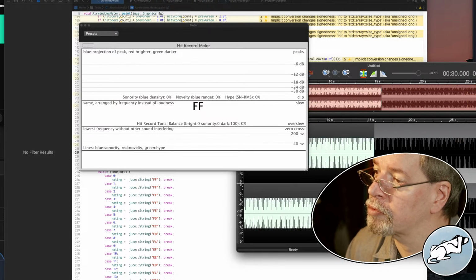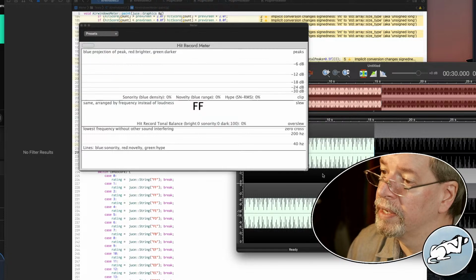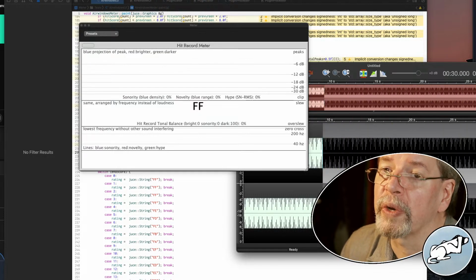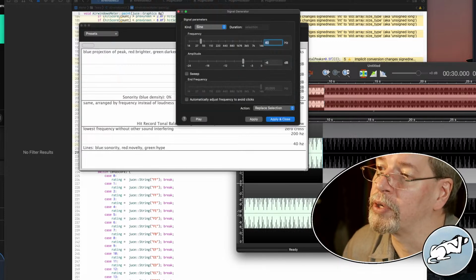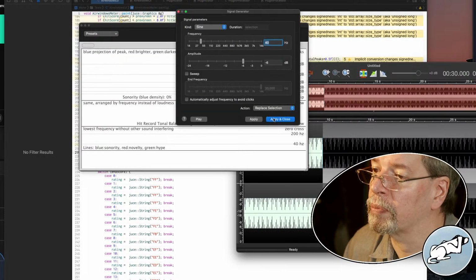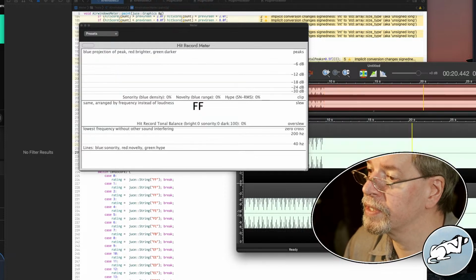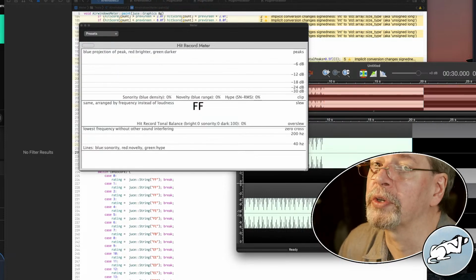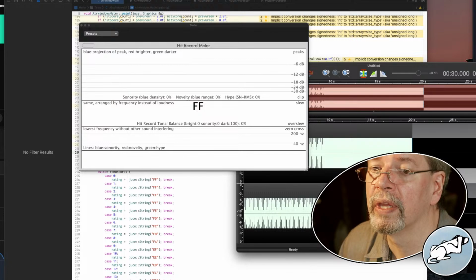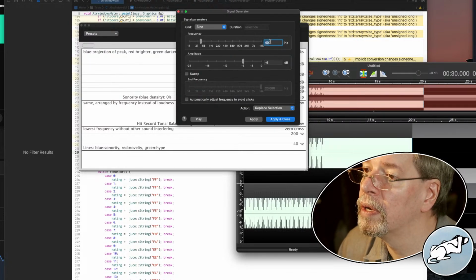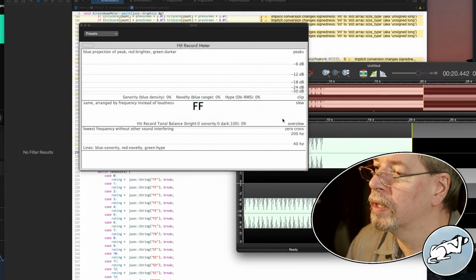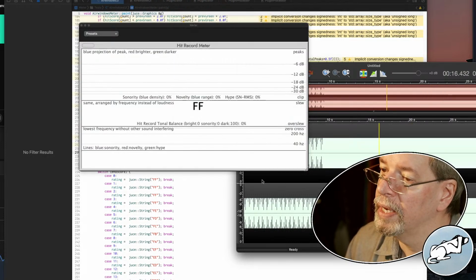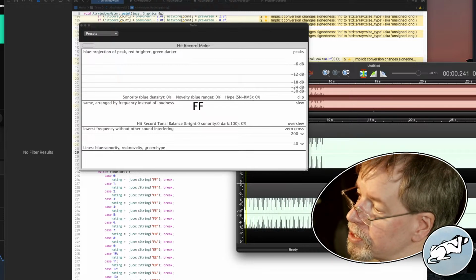Oh, wait, no, that just replaced the selection. It's still the full length. So let's do it this way, because I've got enough time to register that. Here's the 40 Hertz, replace the selection. It's now 40 Hertz. And then I want to check the 200 Hertz as well. Generate tones. 200 Hertz. Now when I play this,